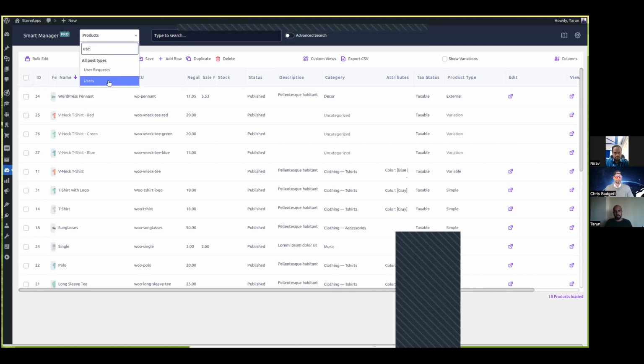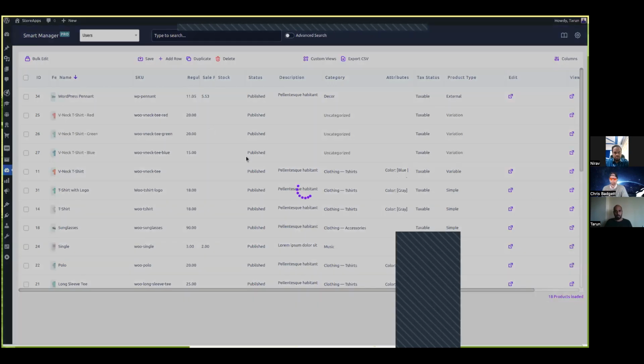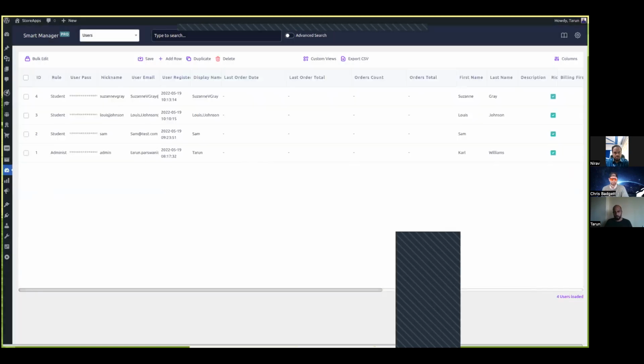Just like posts and pages, any post types, you can also have users. It will show you a user, and you can also change the role from here. You can make it administrator, author, LMS manager, anything like that. You can change any other details that are there, just like your email ID and everything. You can export this list. Many a times, you have an email marketing system where you want to export a particular role of users, like all your students. Let's say I want to shoot a mail to all my students working on these courses that there's a new course coming up. So I can simply search it and export it. That is also there in Smart Manager.